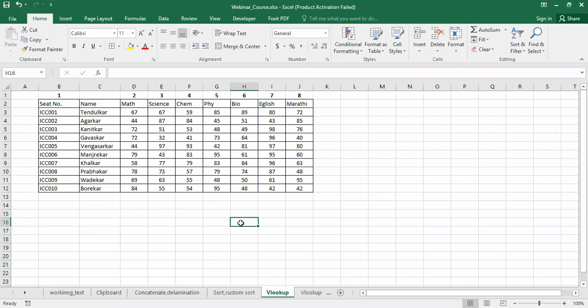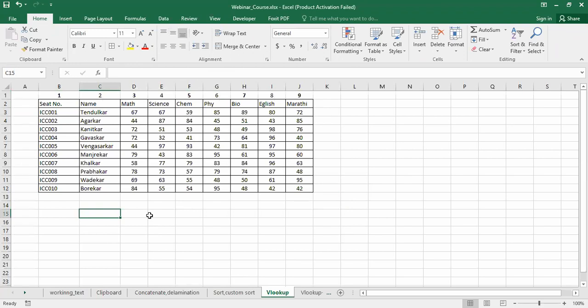So for that, what I can do, see, I want the details, meaning the name of this particular student, and I want the data associated with that name only. This is the data associated with this number, or data associated with the exam sheet number. So for that, we can make use of the VLOOKUP function. Now, please try to understand. If you know, there is no problem. But if you don't know, try to understand it very properly, because it is really very useful, and it actually saves a lot of time.